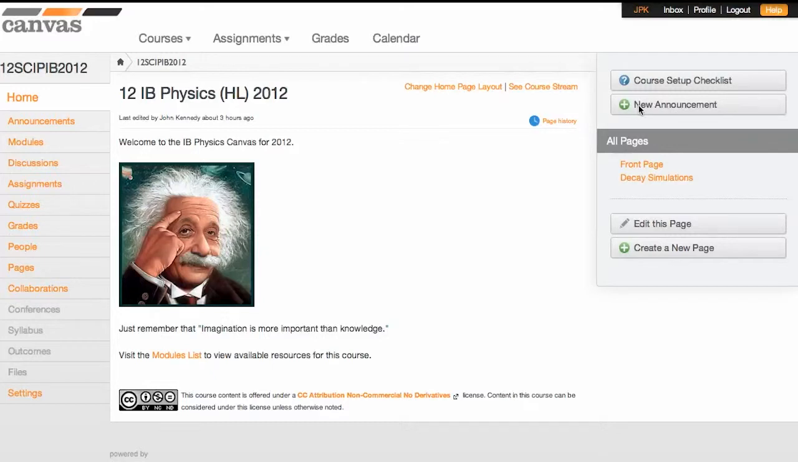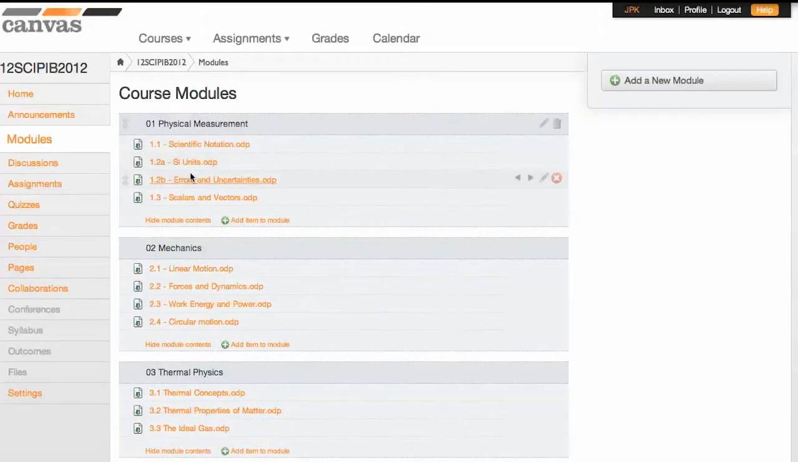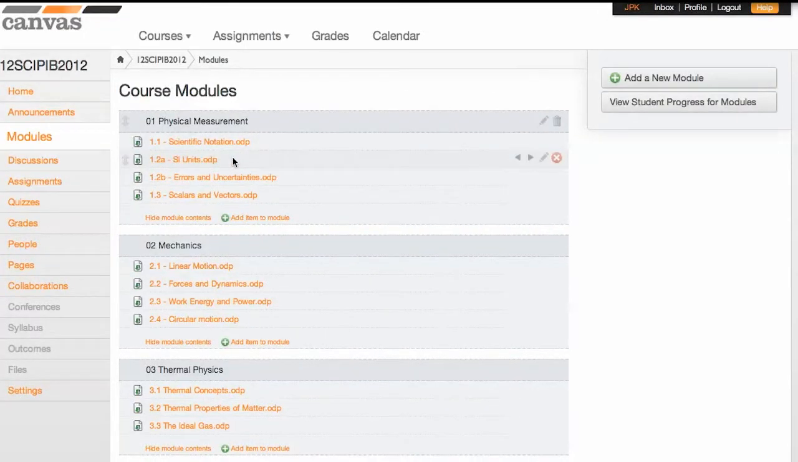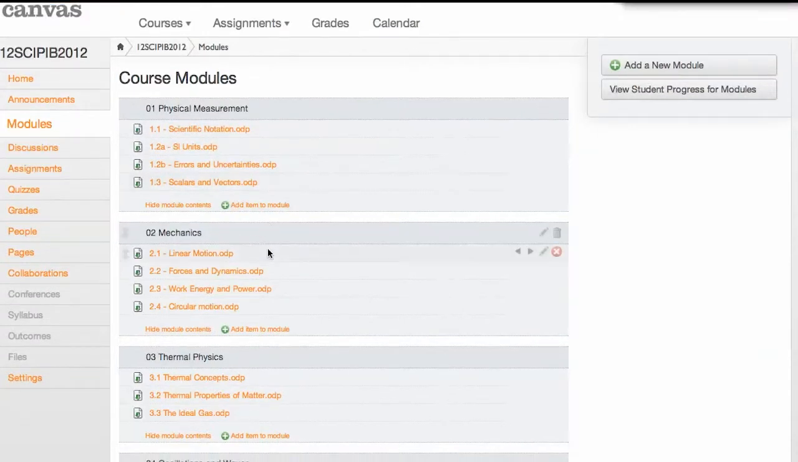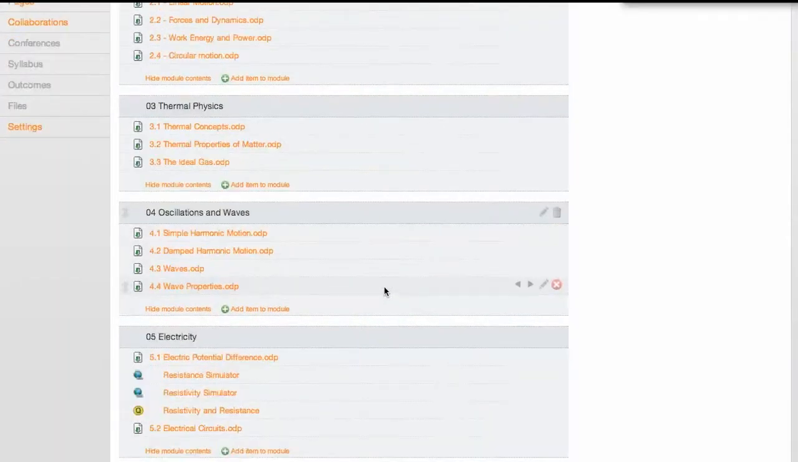So this year I've been using Canvas as a virtual learning environment for my senior physics class, and I've been implementing it as a series of modules which are based on the International Baccalaureate syllabus. Now each module contains a series of presentations which can be used in the delivery of the course,